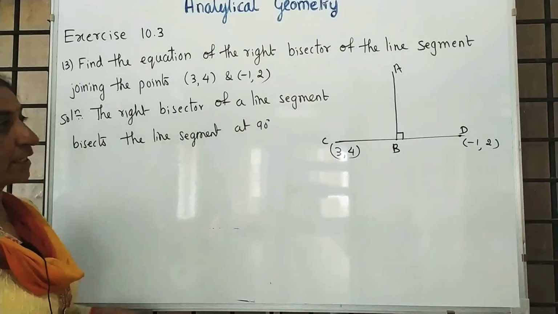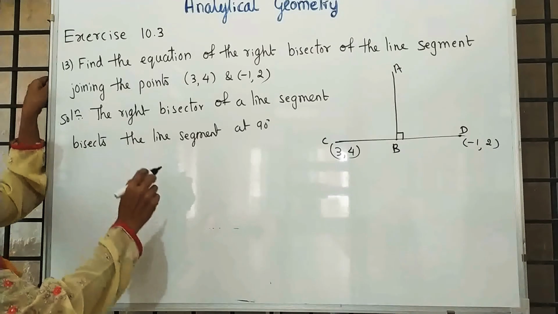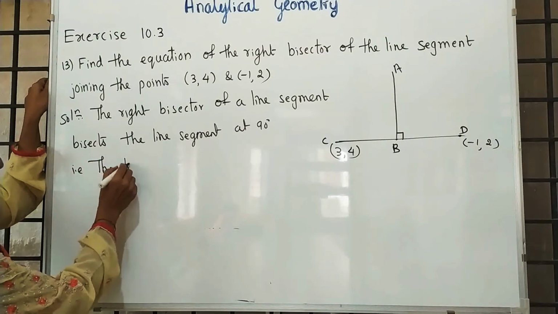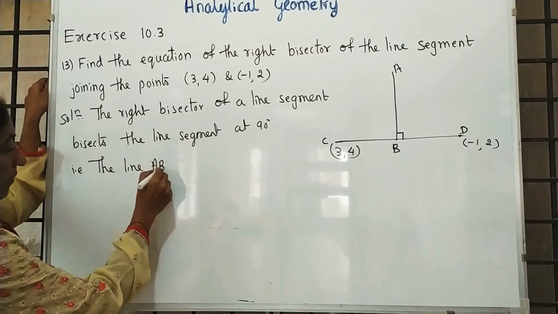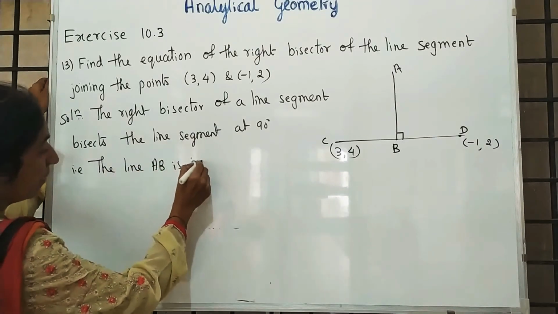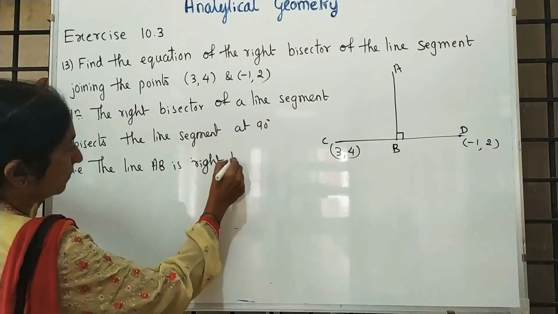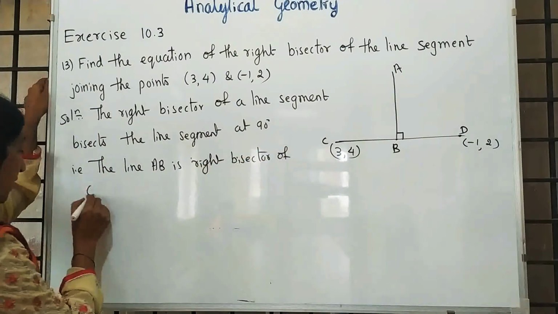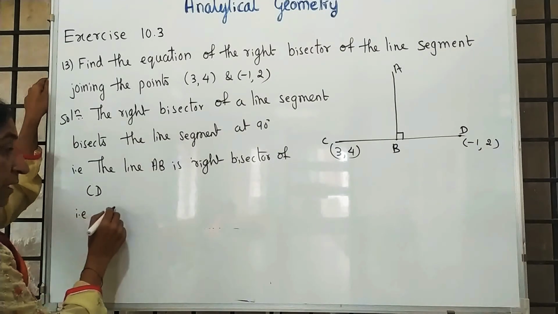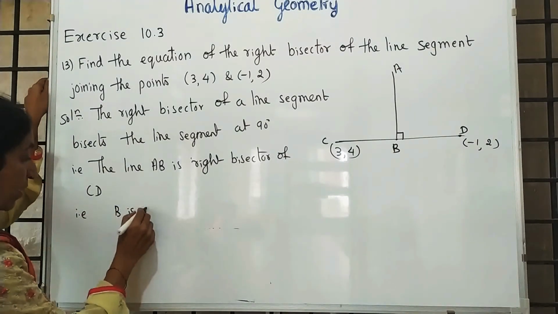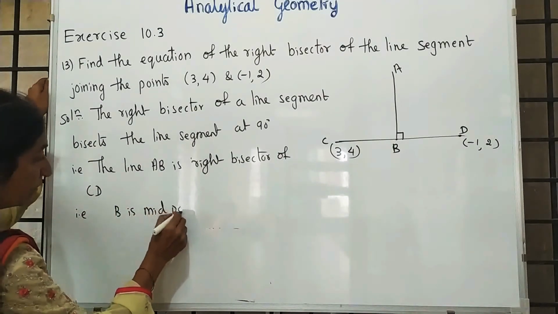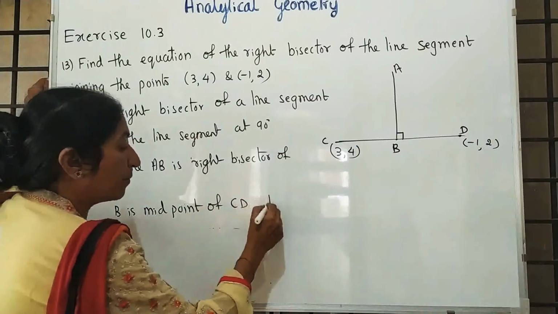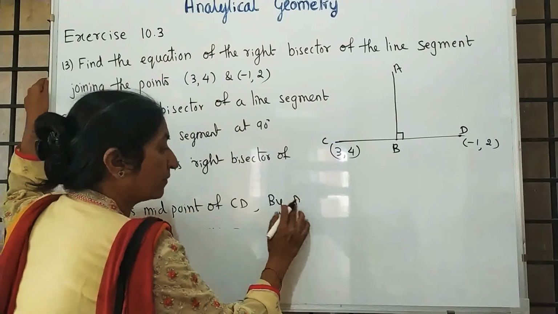So indirectly AB is the right bisector of CD, that is B is the midpoint of CD. By midpoint formula,